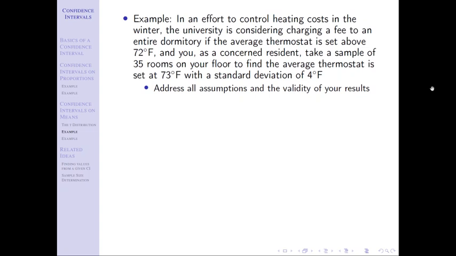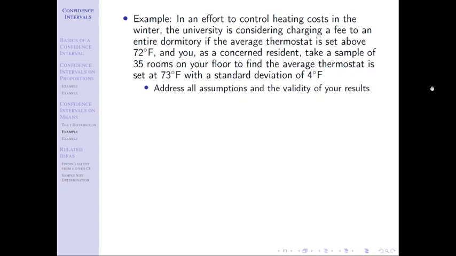And on this problem, I would say we might have a bit of sampling bias because we only sample rooms on our floor and not the whole building, right? A good representative sample would be sampling people on every floor, right? We don't know about people living in the basement, people living on the top floor. Wherever you live might actually affect what the thermostat is set on. It may not, right? And that's the whole point with sampling bias, is that it may affect the results, it may not. We just don't know.